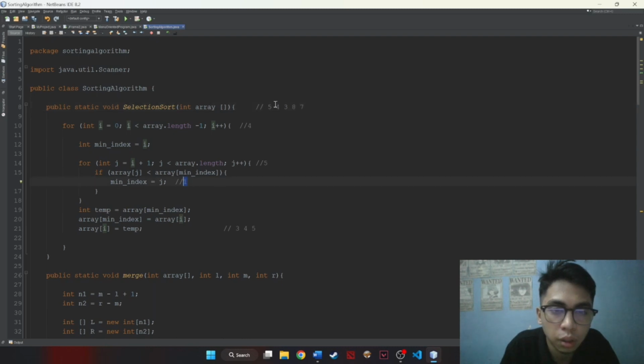This will increment because our minimum index is now 2 plus 1 equals 3, 0, 1, 2, 3, 8. So 8 is less than minimum index, just 1. So our minimum index will still be index 1, 0, 1, because it is less than. So we will move to